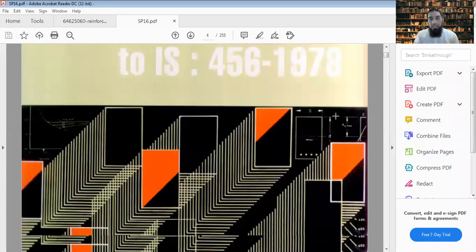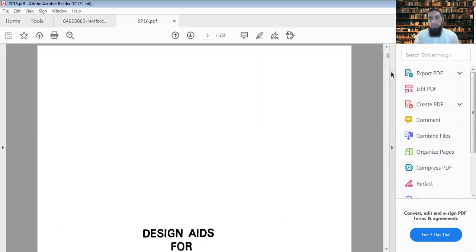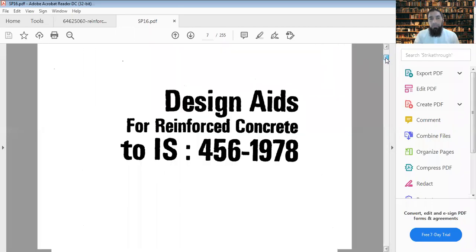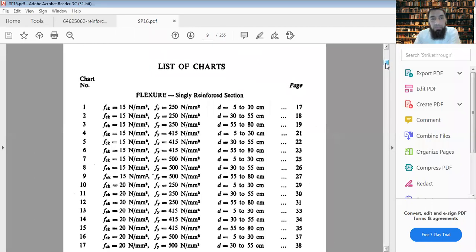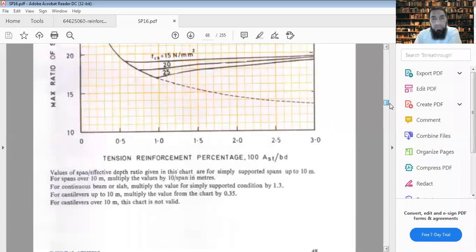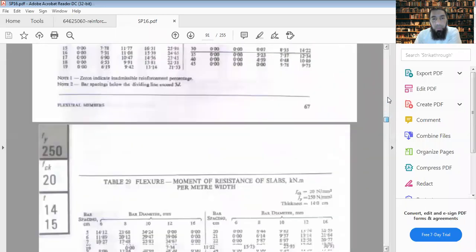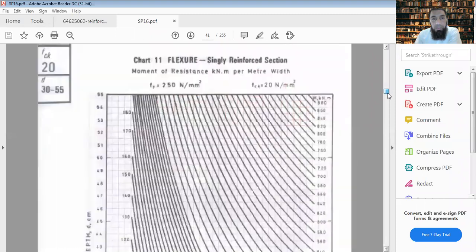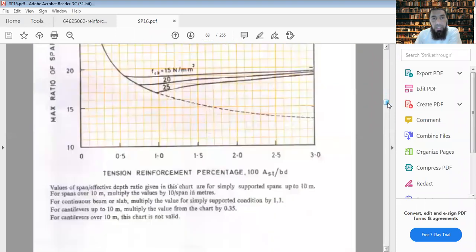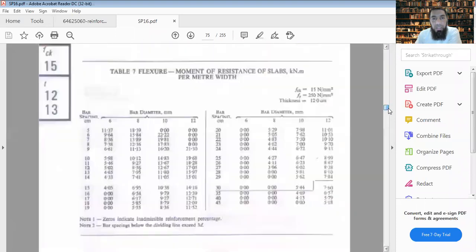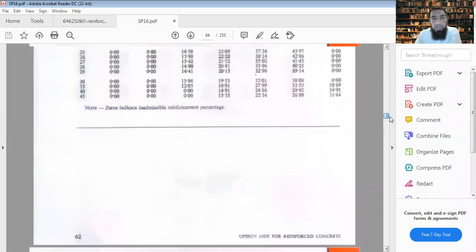These are design aids. If you go from page number, there are design charts for flexural loading and other things. Now, because we are right now concerned with compression loading,